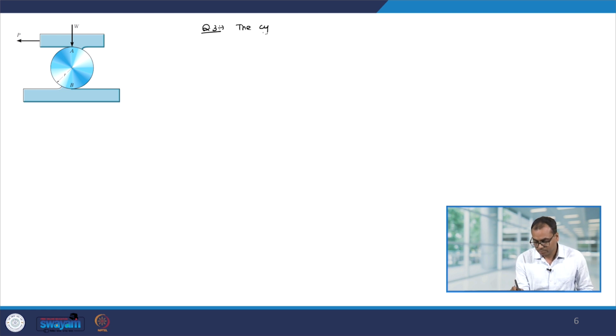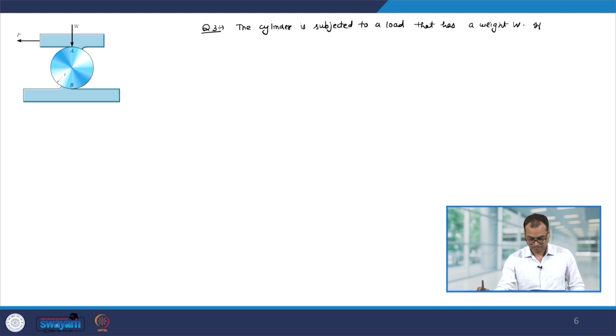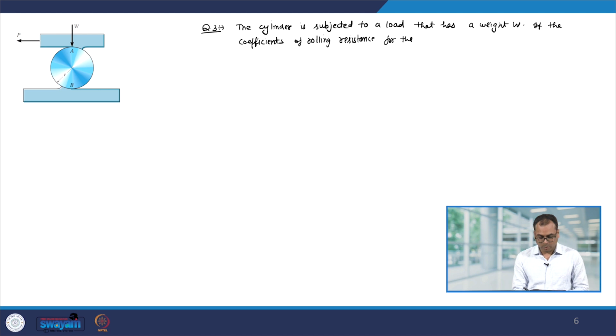Let us look at another problem statement. The cylinder is subjected to a load that has a weight W. If the coefficients of rolling resistance for the cylinder's top and bottom surfaces are aA and aB respectively,